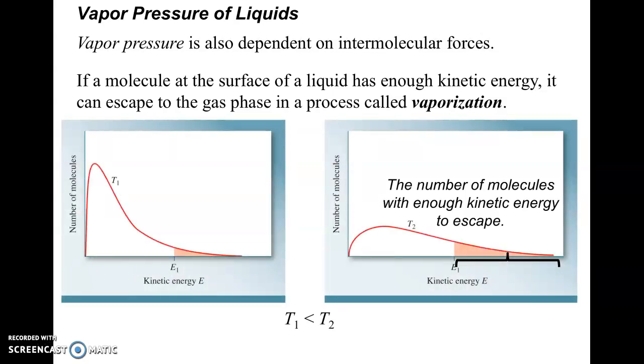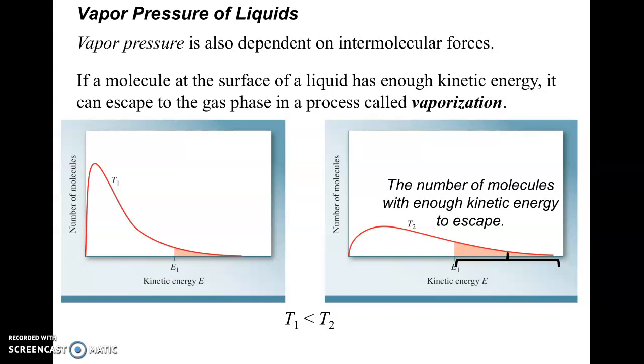And there's always some distribution in the energy of various particles within a liquid. So this diagram on the left just shows you the number of molecules on the y-axis. Kinetic energy is on the x-axis, and so you can see the majority of the molecules have a very low kinetic energy, but the amount of kinetic energy necessary to escape the surface is marked as E1, and we've shaded the area under the curve to show you the number of molecules that would have enough energy to